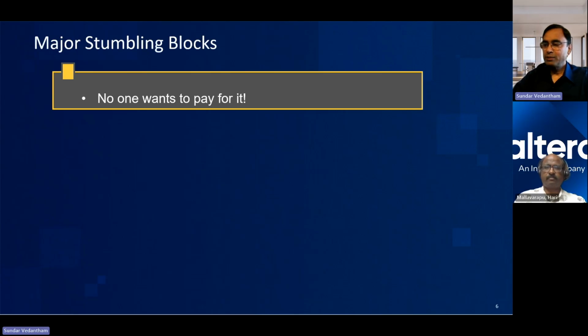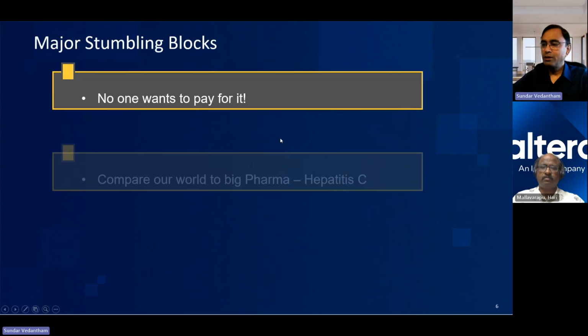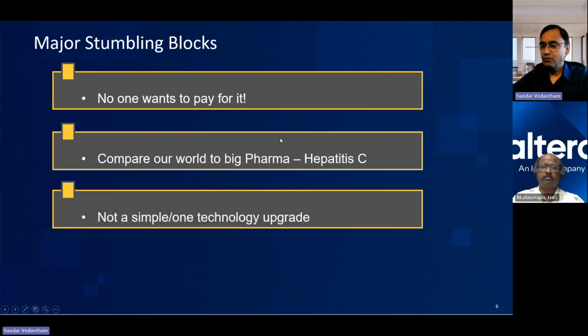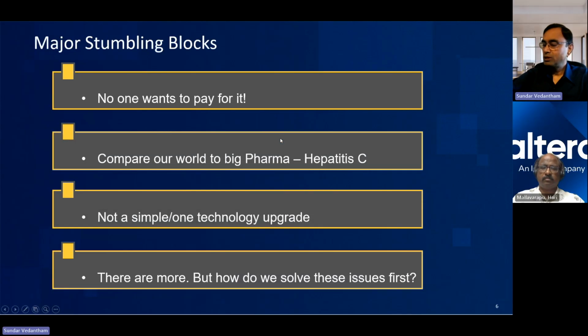The reason I use animation is because if you just show the whole slide right at the beginning, as you are talking about just this first bullet, no one wants to pay attention to it. People are going to start reading the second, third, fourth bullet, and then they'll be thinking, oh, there are more, but how do we solve these issues? They'll be in that area, right? You don't want that. You want to control the narrative. As a result,